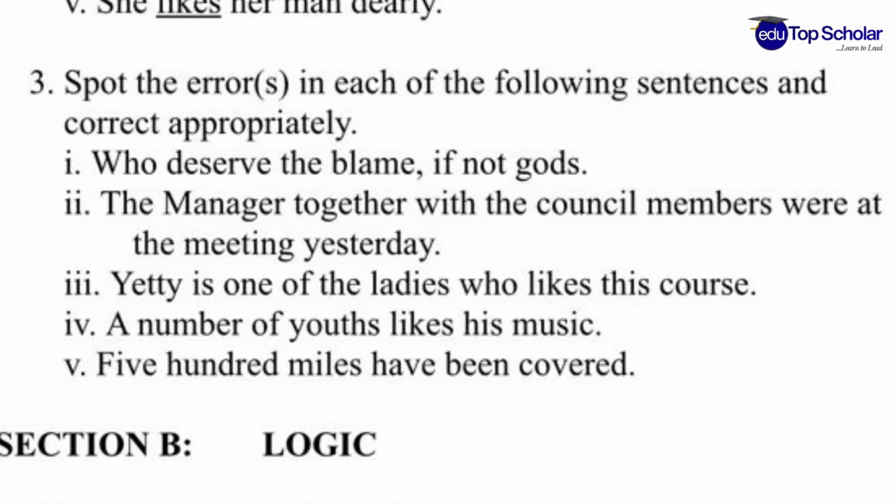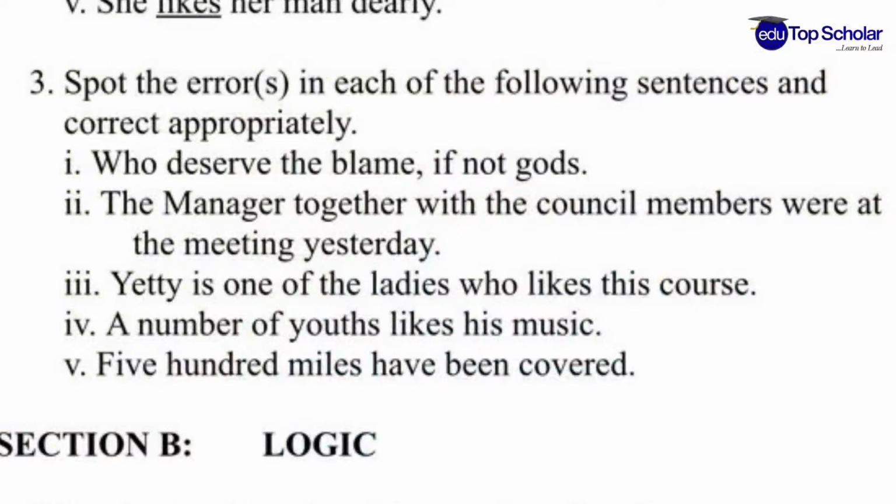Sentence number 2 now. The manager, together with the council members, were at the meeting yesterday. So there is a rule of concord that we call the accompaniment rule. Accompaniment rule says that when you have a singular subject having an accompaniment marker like together with, as well as, in conjunction with, in association with,